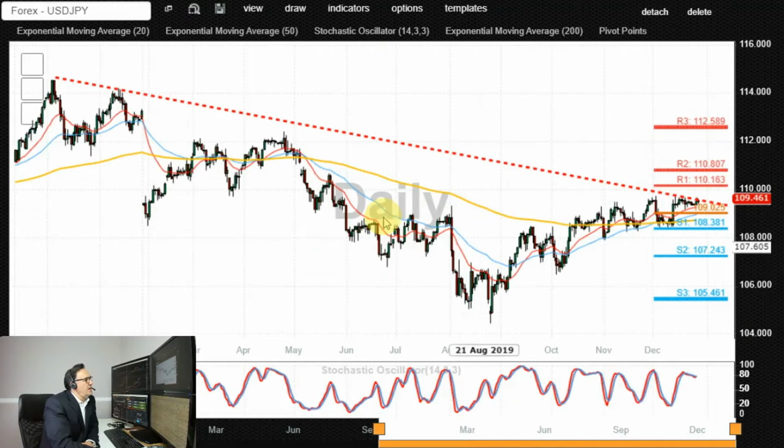Dollar Japanese yen is coming to a major level of resistance, currently capped by 109.50, which is the third touch of this falling resistance trend line. This current price action appears to be forming a rising wedge. They have the tendency to break to the downside, but if we see a breakout higher and an end of day close above 110, retest of that level from above as a newly found support, that would appear to be